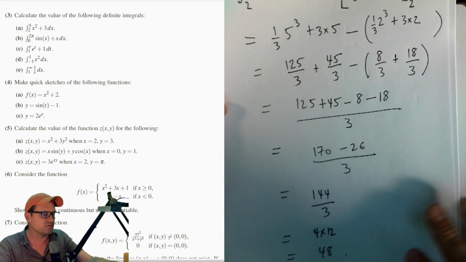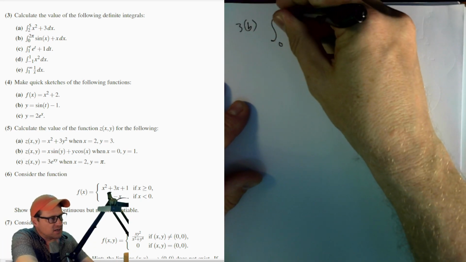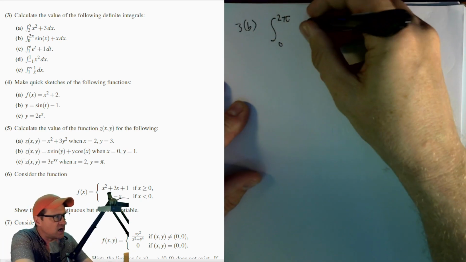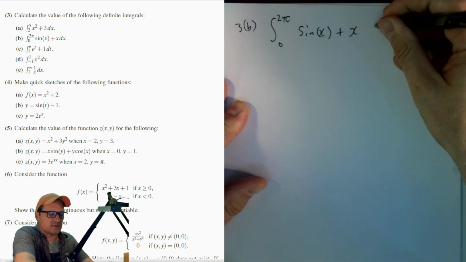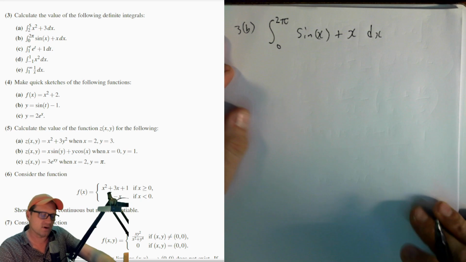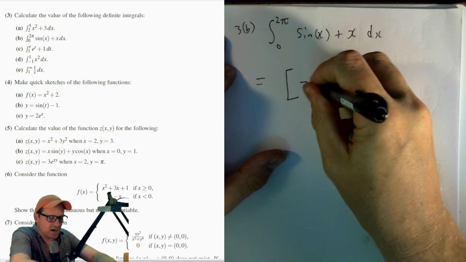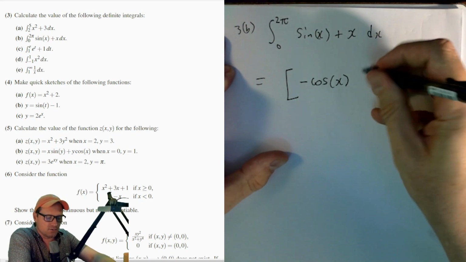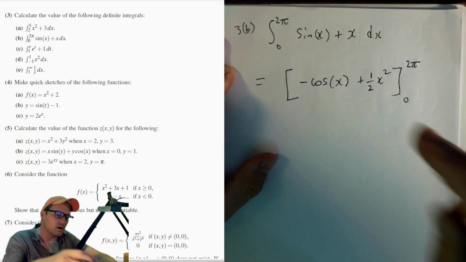Well, now let's move on to part B, where we're calculating the definite integral from 0 to 2 pi of sine of x plus x. Okay, so we need to integrate this first. So the integral of sine of x with respect to x is minus cos of x. The integral of x is 1/2 x squared, from 0 to 2 pi. All right, now we